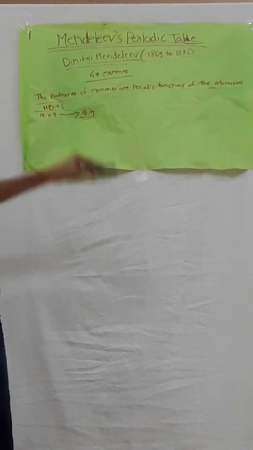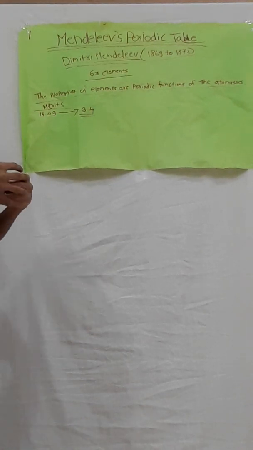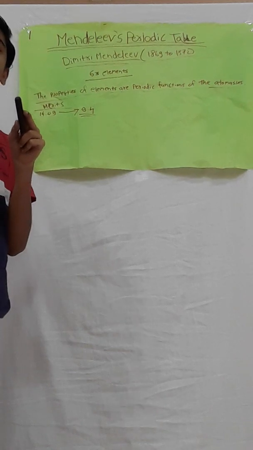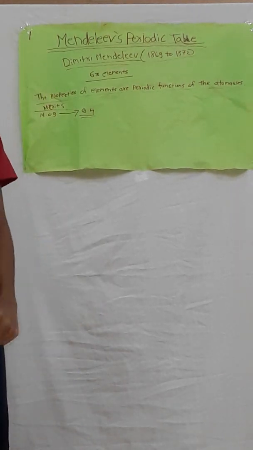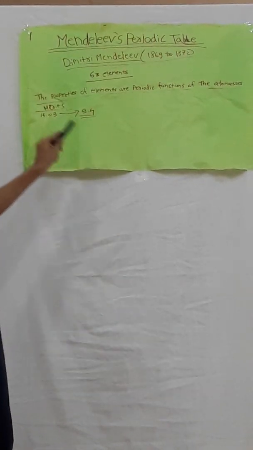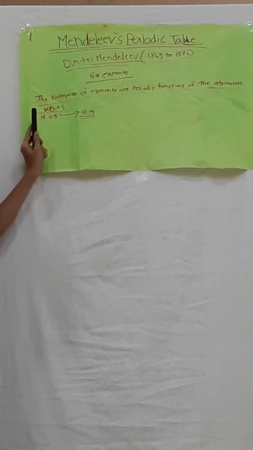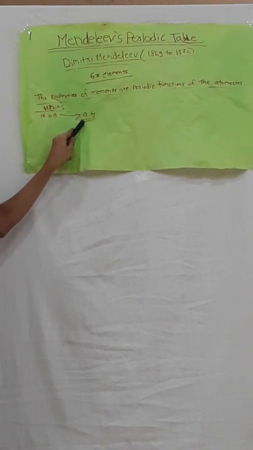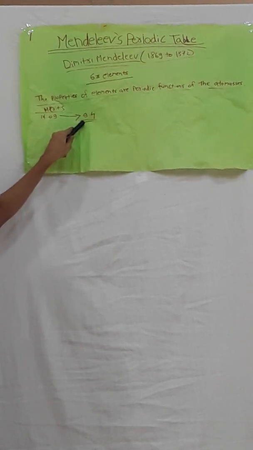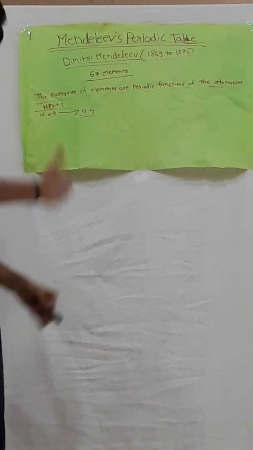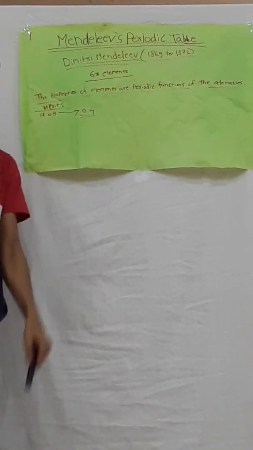Atomic masses of some elements were revised to give them a proper place in the periodic table in accordance with their properties. For example, the atomic mass of beryllium was 14.09, was corrected to the value 9.4 and placed before boron. Second,